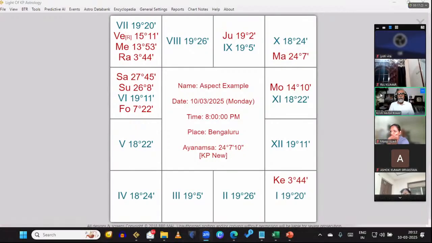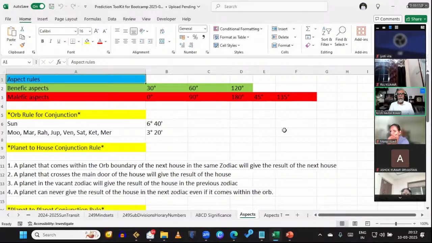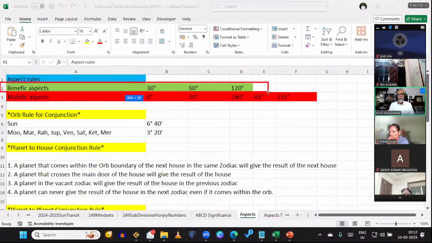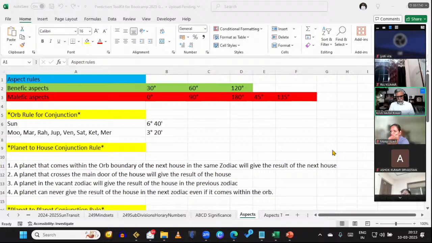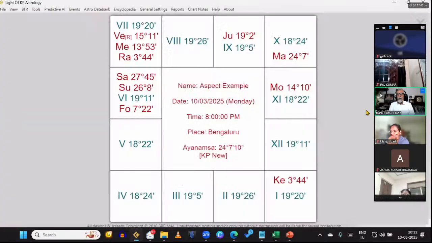120 degree is benefic. Please understand this. I have written that here. Benefic aspects are 30, 60, 120. Malefic aspects are 0, 90, 180. Now, how is this practically supported in a horoscope? If you see,